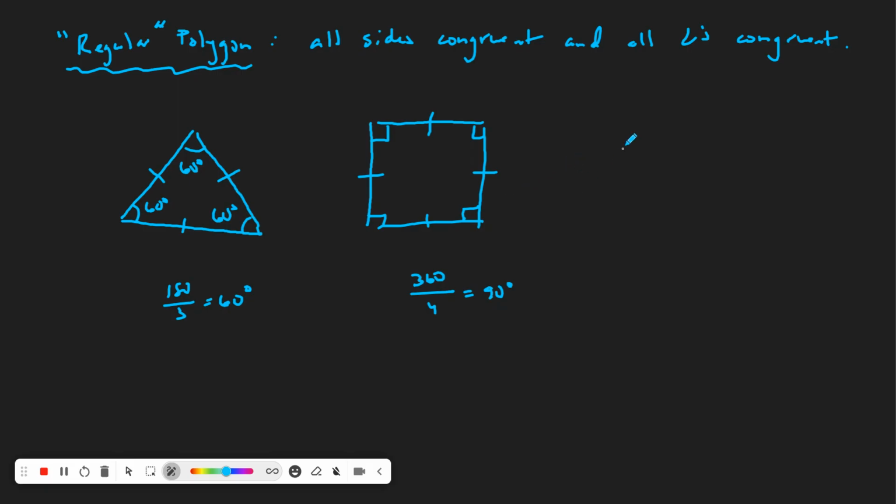The next one would be a pentagon. Now again, to draw a regular pentagon, we just have to kind of eye it up. So try to draw all of your sides the same length, all of your angles about the same measure. So these 5 sides would be the same. These 5 angles would be the same. And now for a pentagon, the sum of the interior angles is 540. So we would divide it, and again,